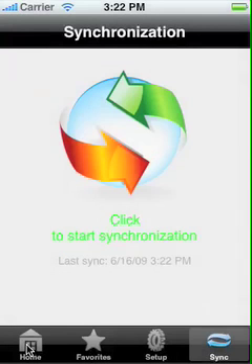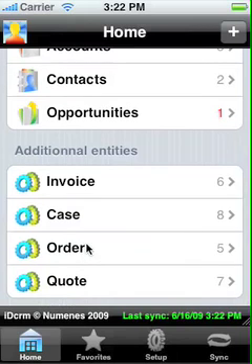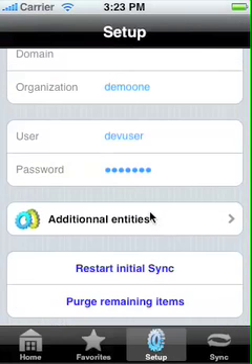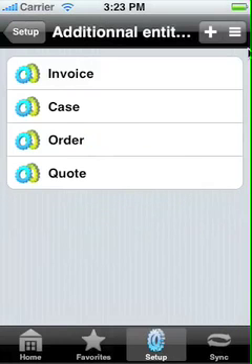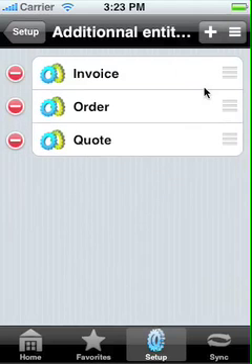Okay, we go to the home screen, and what you see is that it's now added all those additional entities into my home screen. I can actually customize my home screen because I don't want to have invoices on top, I want invoices at the bottom, and I don't want to see cases on my main screen. So I can go back into setup, I can go to my additional entities, and it shows me the 4 that I've selected previously. If I click on the little list icon on top, I can actually say, okay, I don't want to see the cases, so I click on the stop sign, click on delete,